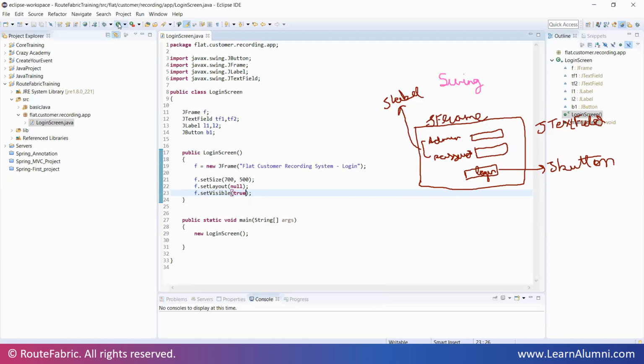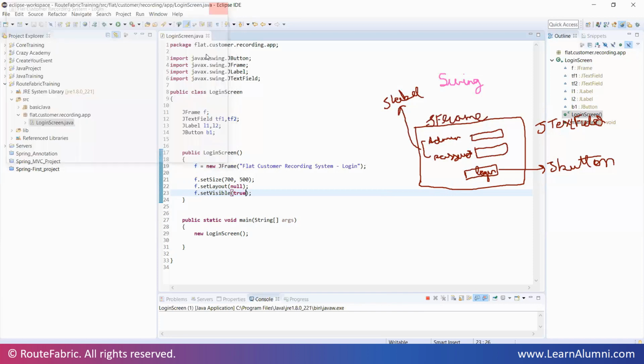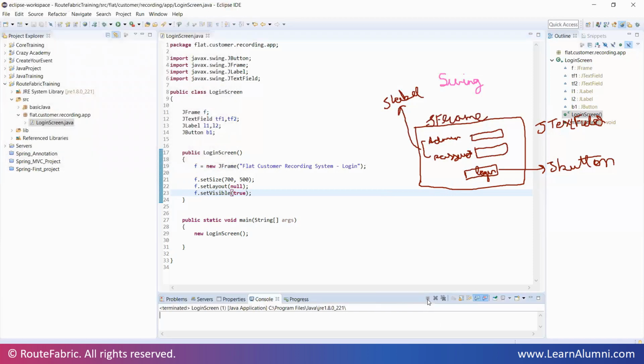Run as Java application. See, your screen is opening up, and your title is coming, customer recording system, and this is a login screen. Currently when you click on the close button, your application will not close. You need to close it forcefully from here. We will see how to close it automatically when the close button is clicked.